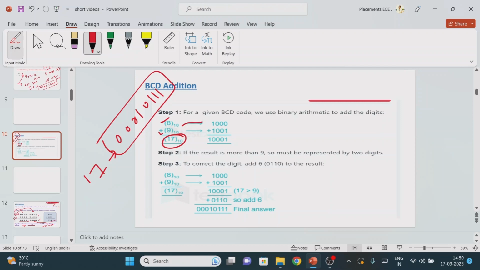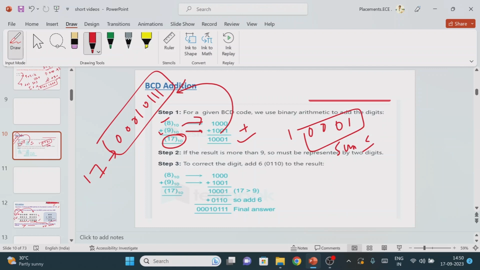The first step is converting this decimal number in terms of the 4-bit BCD number. Then we are going to find the addition operation. After finding the addition operation, see that this is not the equivalent of this result, right? Now what modification do we have to do? See what the resultant sum is. The resultant sum is something like 0 0 0 1. Here the sum is less than or equal to 9.